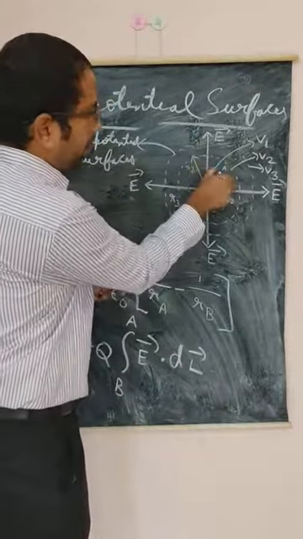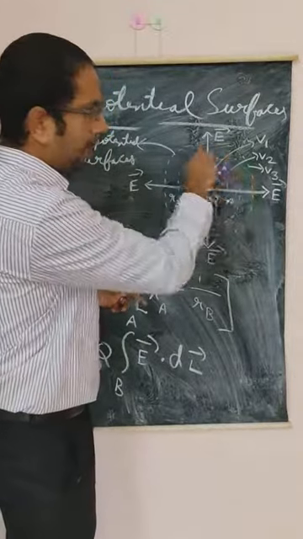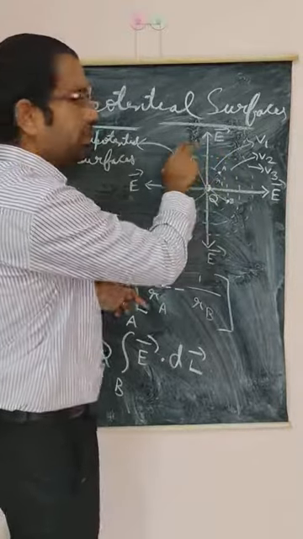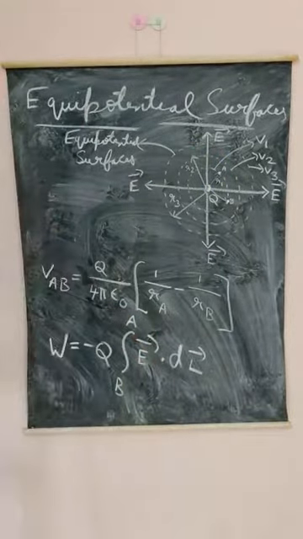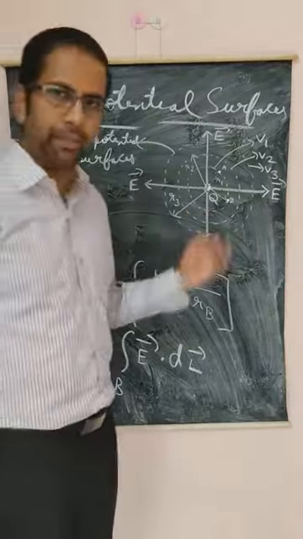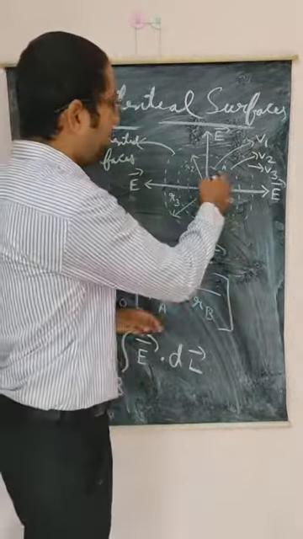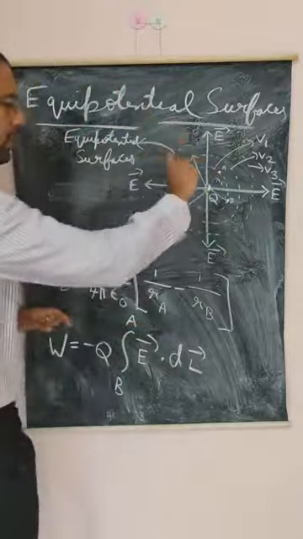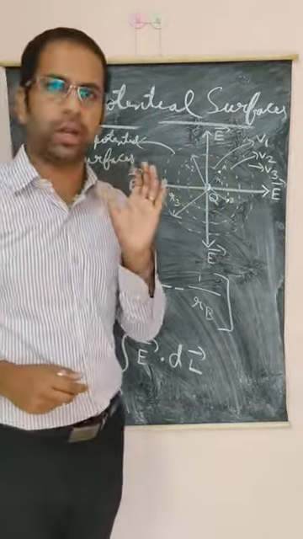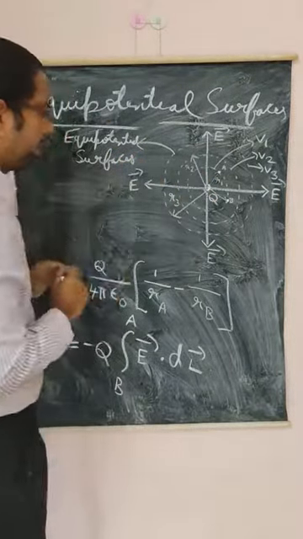Here, you take a voltmeter, keep it between these 2 particular points, it is 0. Between these 2 points, 0. Again, for circle R2, keep it between these points, it shows 0. For the circle with radius R3, between these 2 points, it is shown as 0. So, an equipotential surface is that particular imaginary surface where the potential remains the same. Everywhere, when you take a voltmeter and keep it in this similar manner, it shows the same potential.